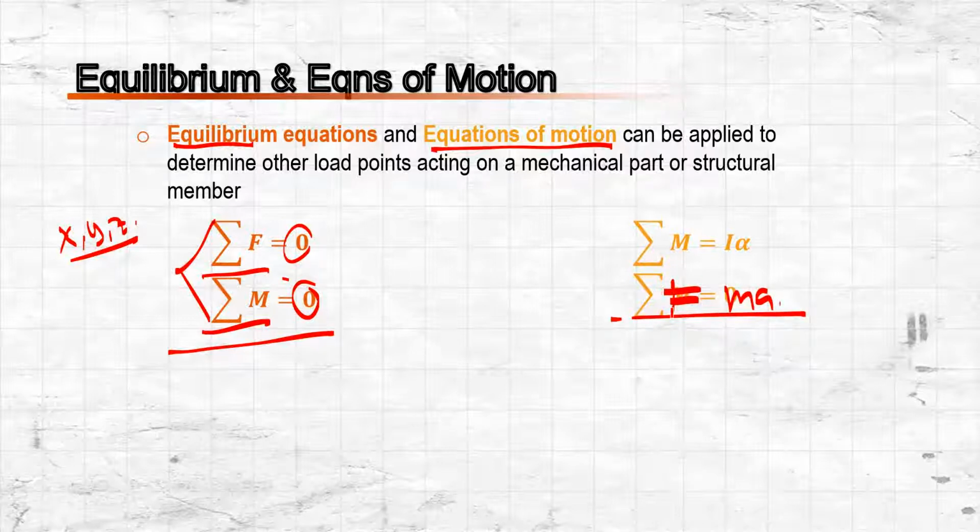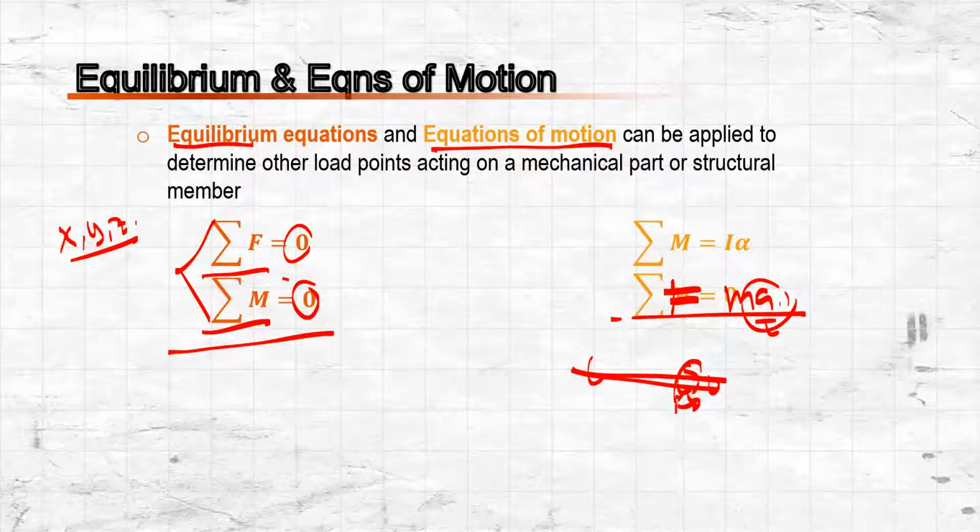If the forces acting in the material are not balanced, if there's a resultant force, then that will cause acceleration of the material. Okay, and by the way, let's say we have a shaft, and this shaft is rotating at